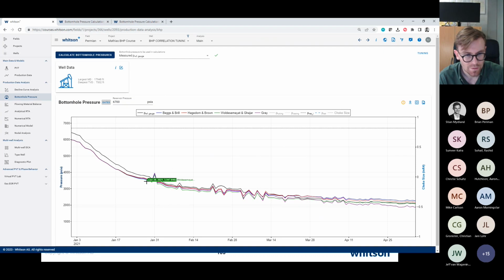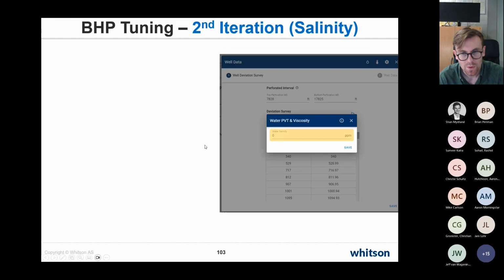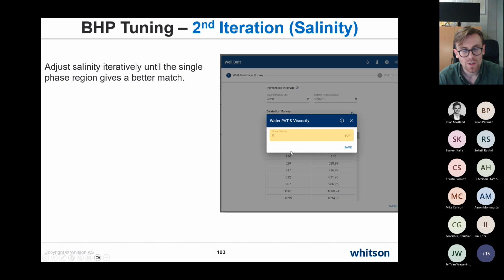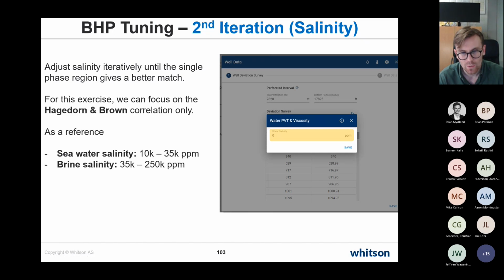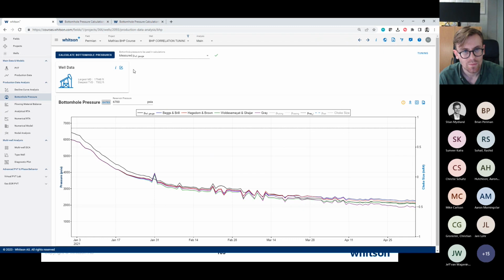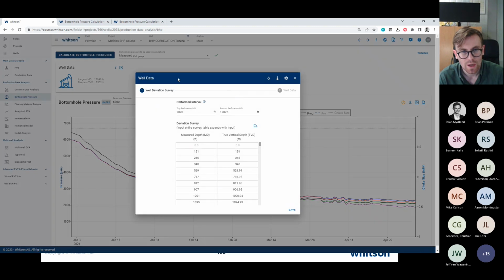Like here, and we see there's a difference initially, and then it's pretty good late time, but still something off here early time. So what we're going to do now is increase the water salinity, and the reason why we do that, and we're going to focus on Hagedorn and Brown, and the way to do that is to open a well